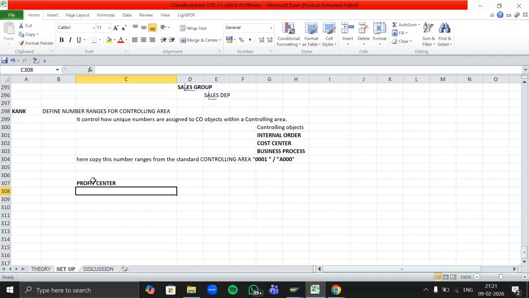So profit center is used to track your company's profit. For an example, let's say we have 3 branches, Mumbai, Delhi and Bangalore. And if you want to know how much profit you are earning from Delhi branch, how much from Mumbai branch, how much from Bangalore branch, then you will need a profit center report. You will just go through the profit center report which defines how much profit we are earning from which branch.